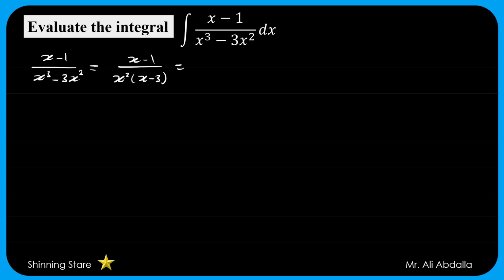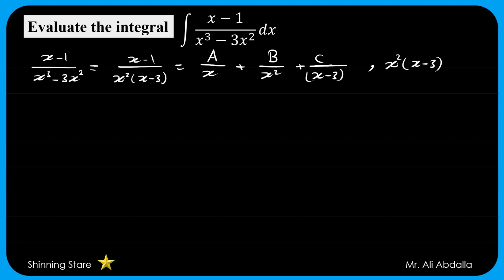We have here a repeated linear factor, so we can write the partial fraction in this form: a over x plus b over x squared plus c over x minus 3. Then we multiply by x squared times (x minus 3)